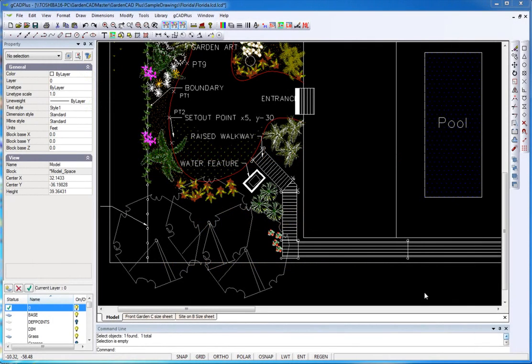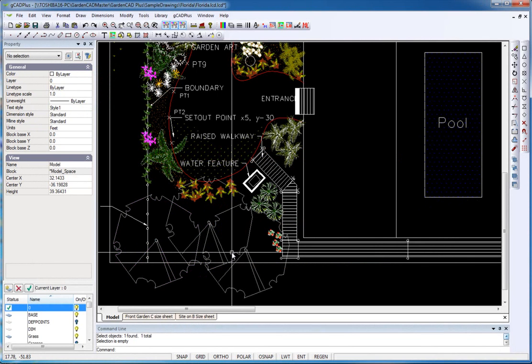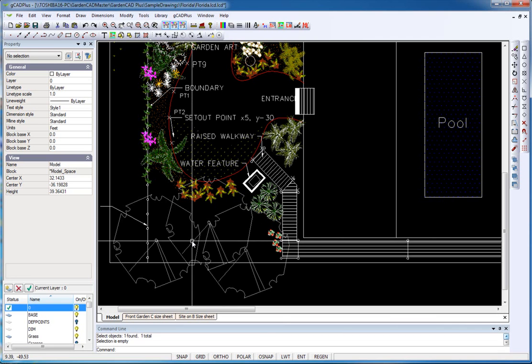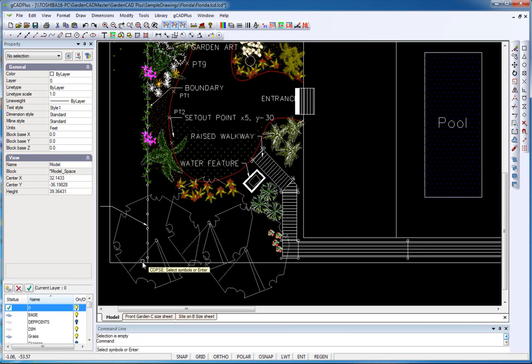There are times when you would want to merge symbols to make a simpler symbol. Let's imagine, for the sake of argument, these three symbols here represented existing trees on the site, and we really don't need quite such an elaborate symbol for them. We can use the modify and Copse command to select those symbols, the three of them there, and then hit